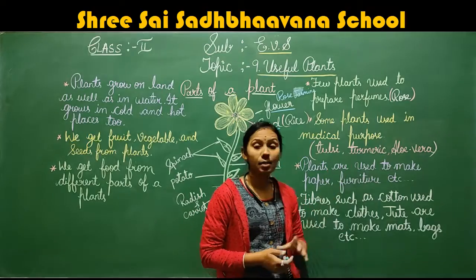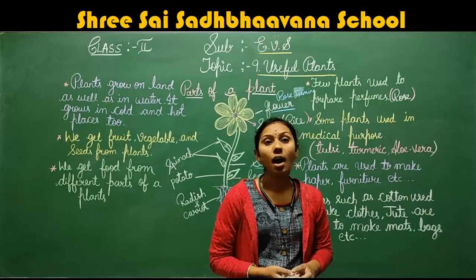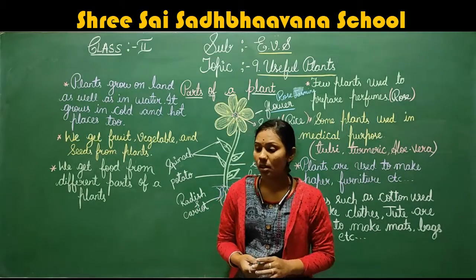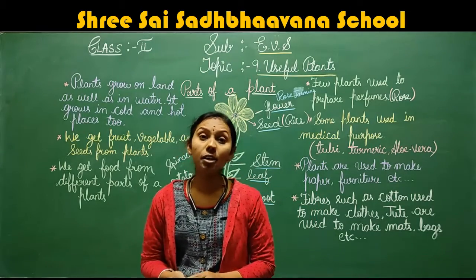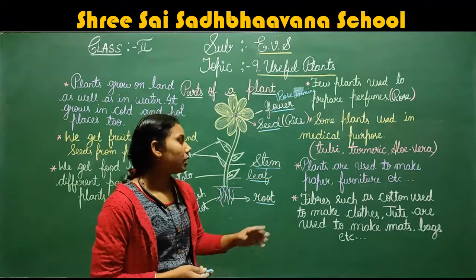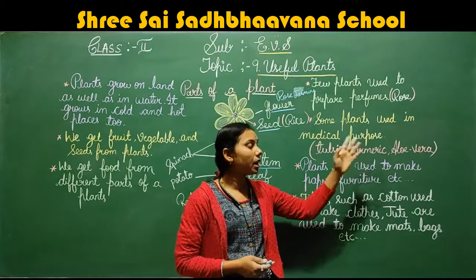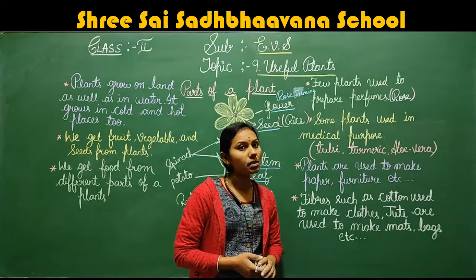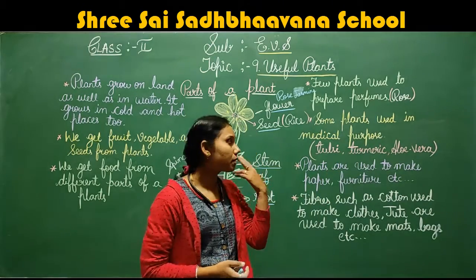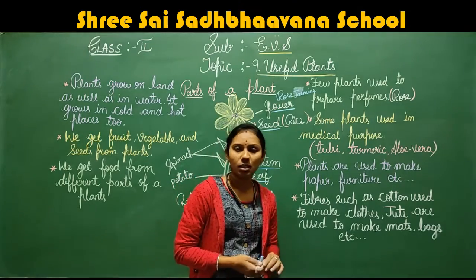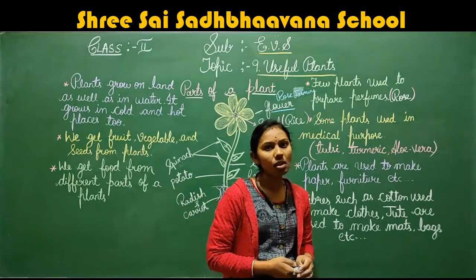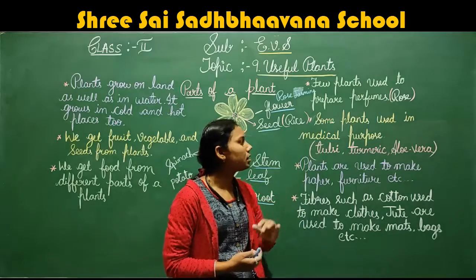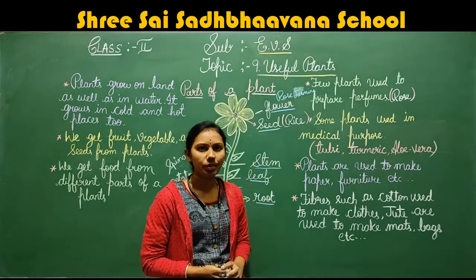Next, turmeric. We can use it like an antibiotic. The turmeric, anti-inflammatory we can say. It works as an anti-inflammatory. Aloe vera, it helps us. It helps our skin to keep neat. Right, children? So like this, we are using plants for medical purposes also.